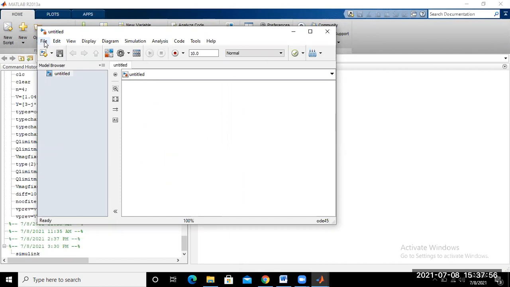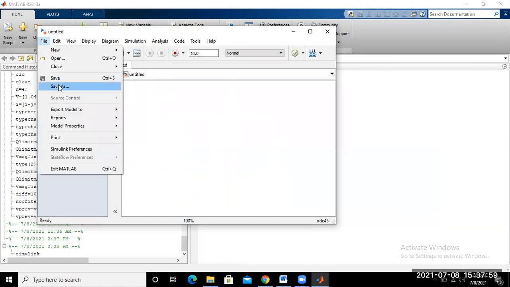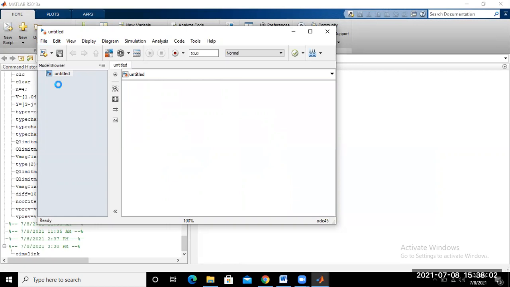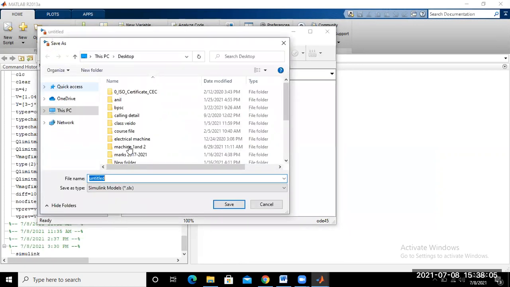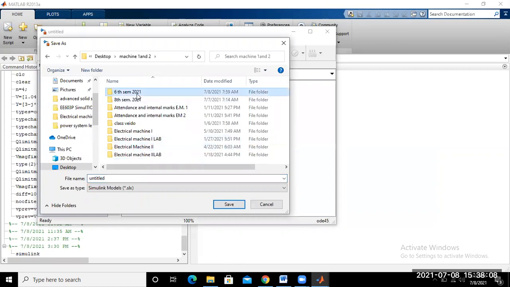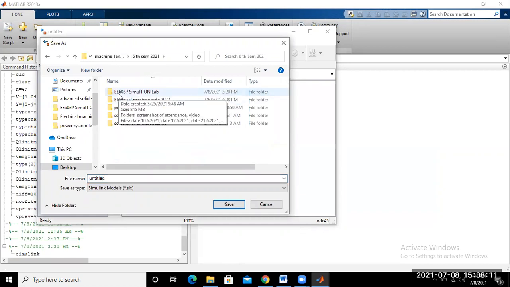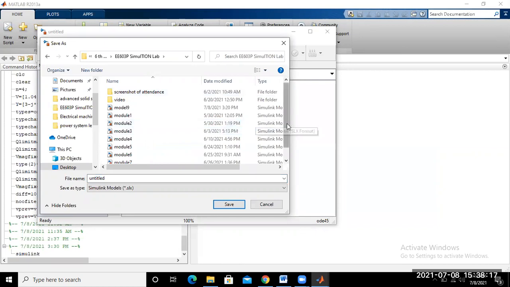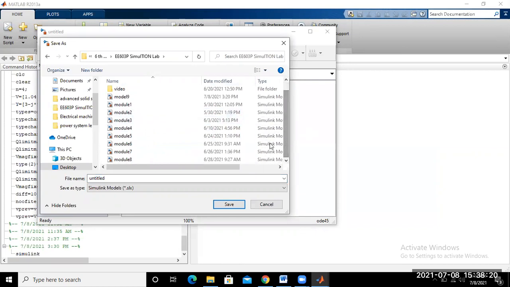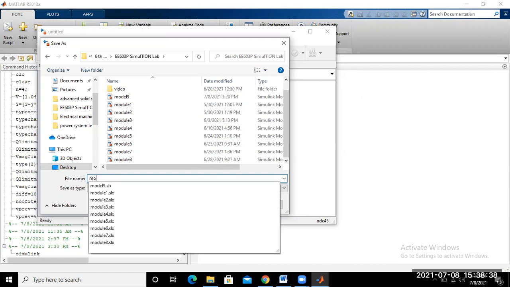We want to save this untitled model. Go to File and Save As. I want to save this model in this folder, here in 6th semester. I already made a folder named simulation lab. Open it and save the model in this folder. I think we already designed up to nine models, so this one is named model number 10.